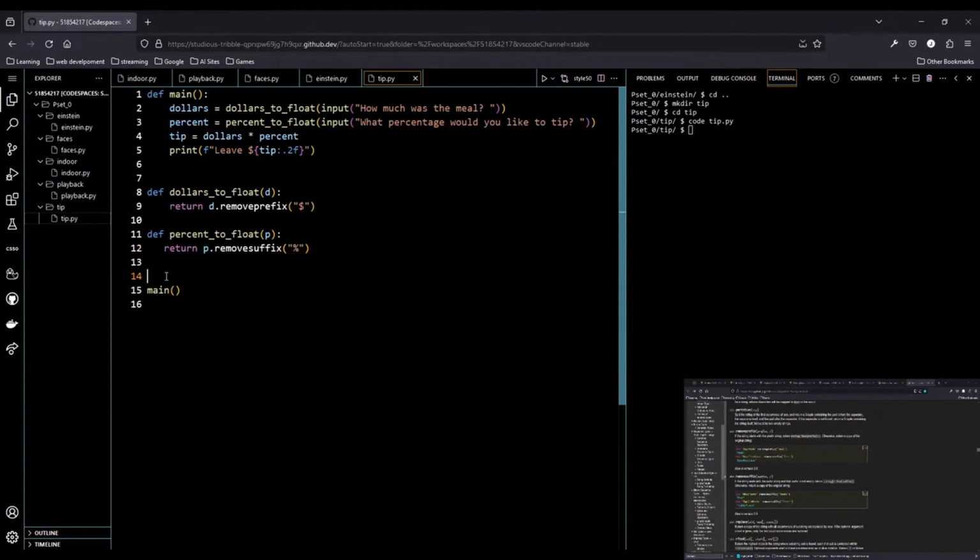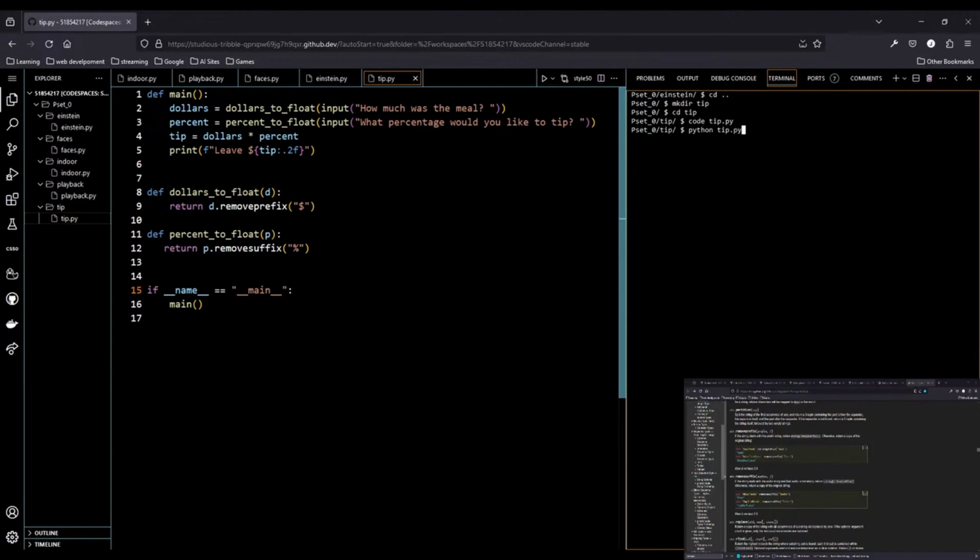Oh, yeah, and it's also missing the if __name__ equals __main__ colon. Right, so then we're gonna Python